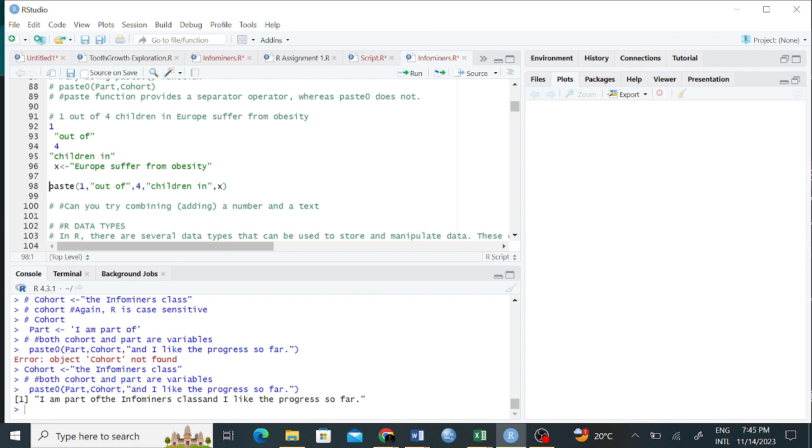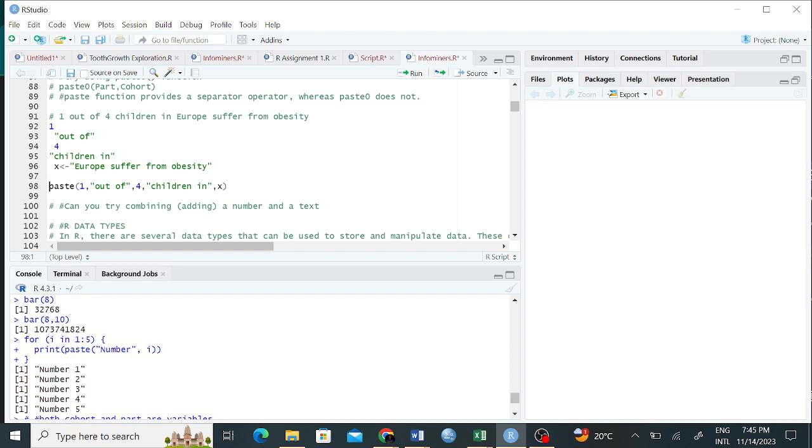If you go back to those initial places where we used paste, you are supposed to write code that outputs: one out of 4 children in Europe suffer from obesity.